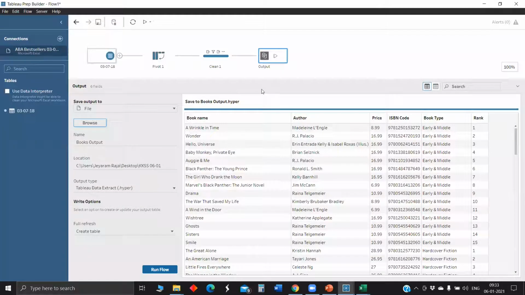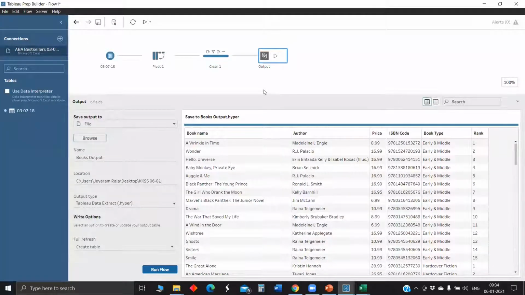Tableau Prep allows you to bring the data transformations and the final output data and send it to Tableau Desktop directly. Or you can also save it as a flow, and there's a way to connect to this Tableau Prep flow file in Tableau Desktop. So it's possible.